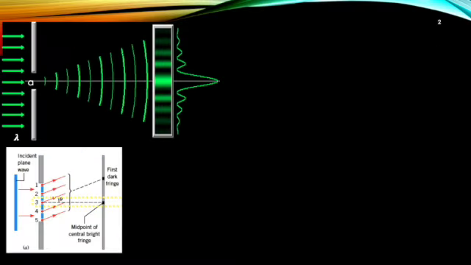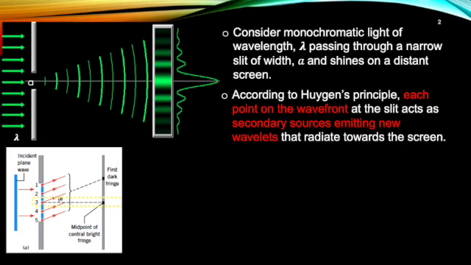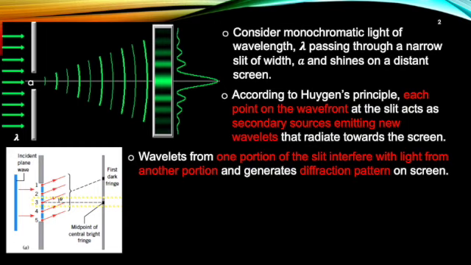Diagram for diffraction by a single slit. Consider monochromatic light of wavelength λ passing through a narrow slit of width a and shining on a distant screen. According to Huygens' principle, each point on the wavefront at the slit acts as a secondary source emitting new wavelets that radiate towards the screen. Wavelets from one portion of the slit interfere with light from another portion and generate diffraction